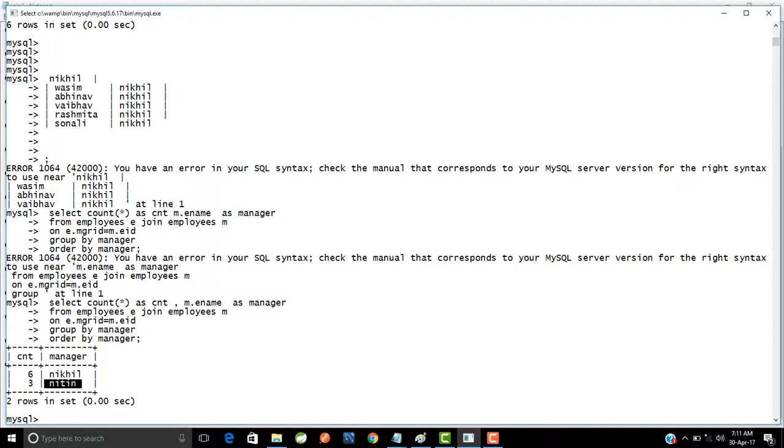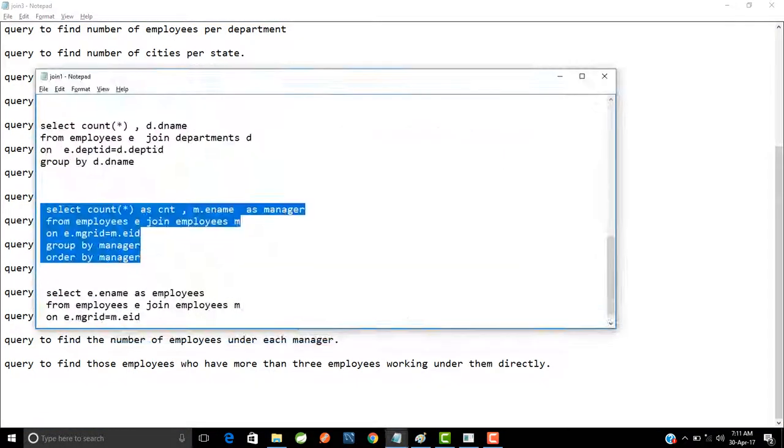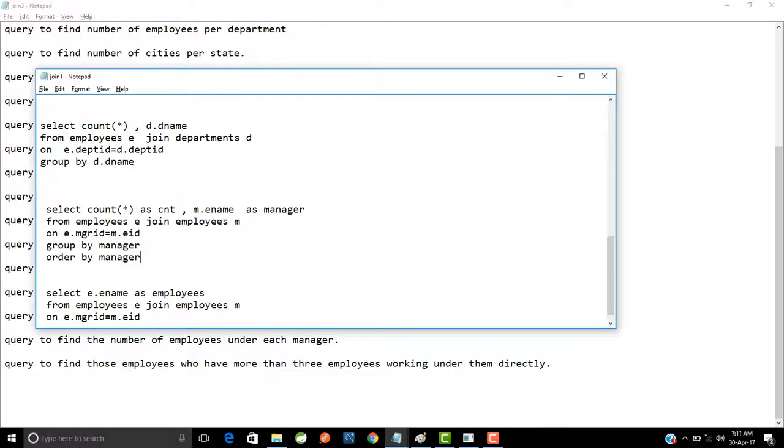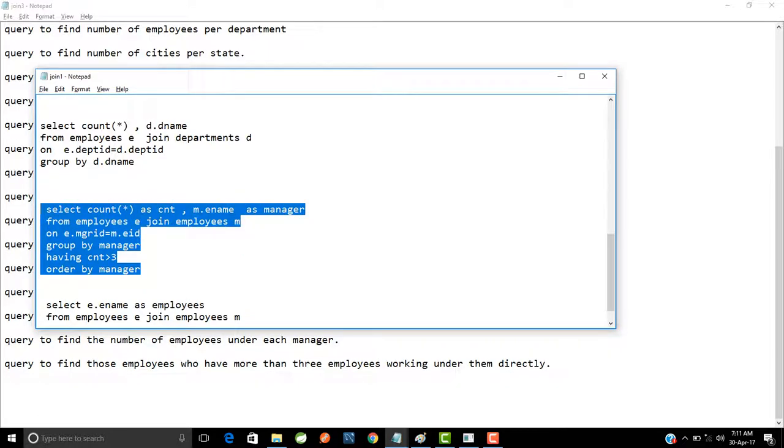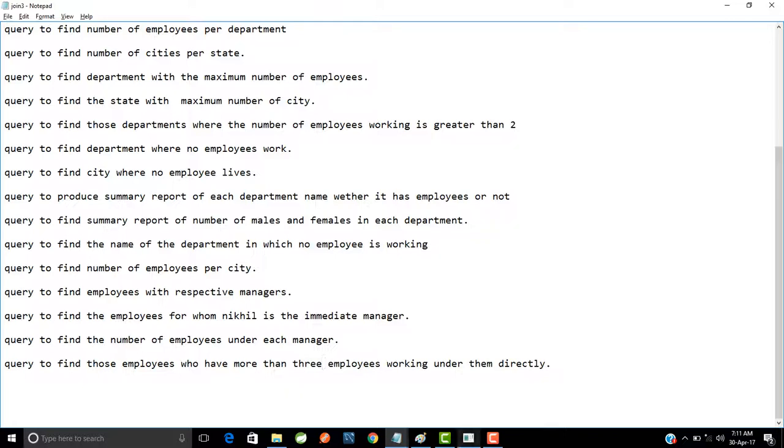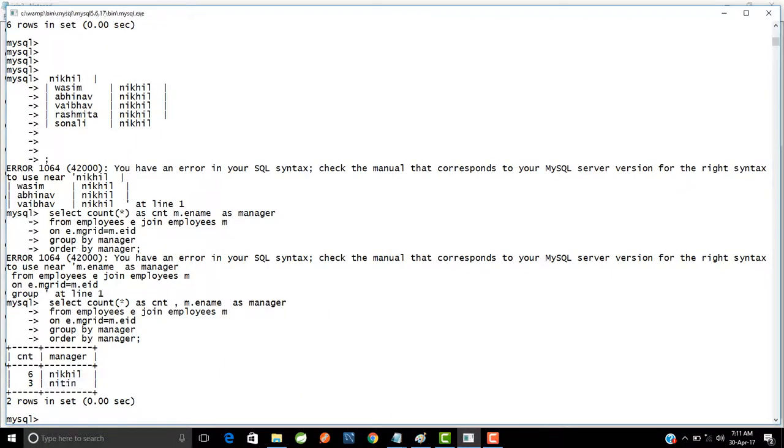I think it is very simple. If you have just watched my videos, then it is very simple, I just need to add one more clause. And what is the clause? It is the having clause. Having CNT greater than 3. See, this count star column was aliased as CNT, and now I can use this alias and I can copy it. And once I copy it, if I go and paste it over here,